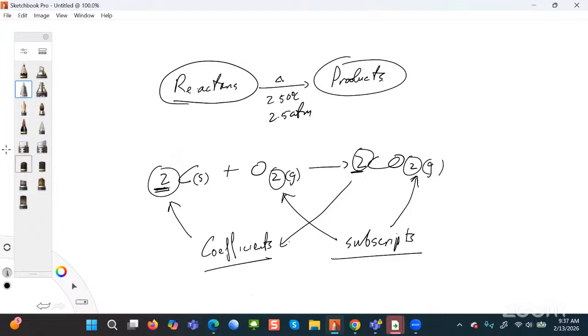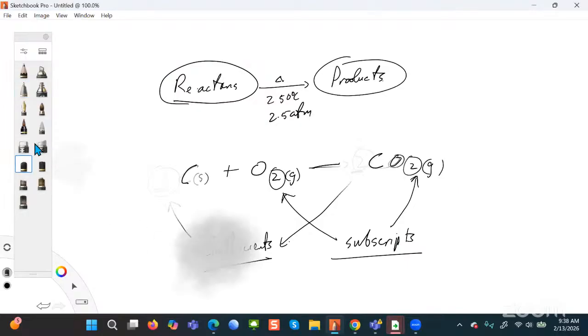Now, let me erase something here so as to explain further what I'm talking about. So I'm going to erase the coefficients here. And let me rewrite carbon here and carbon dioxide here, right? Now, previously, in fact, let me just,